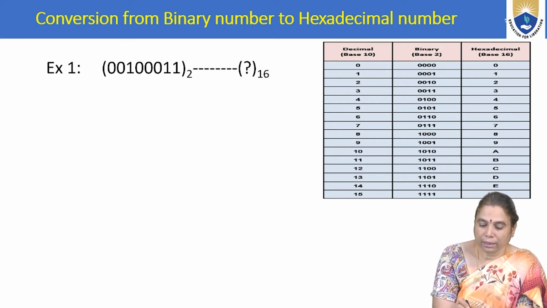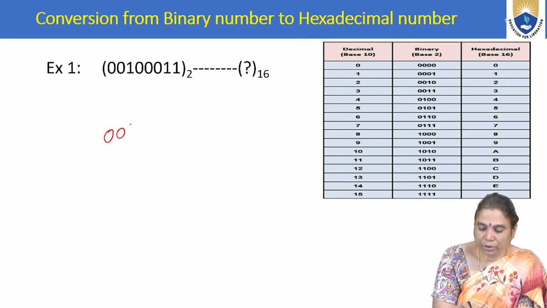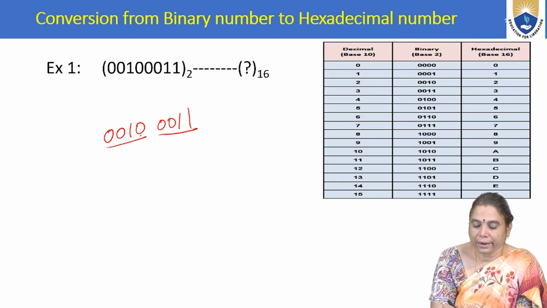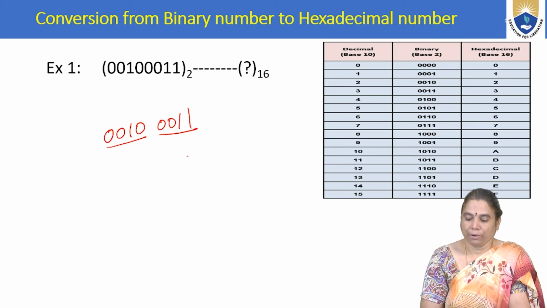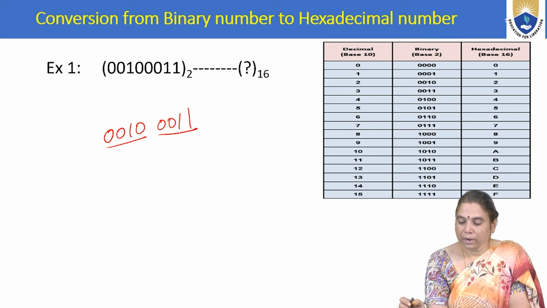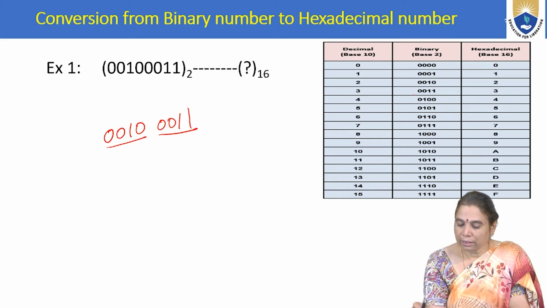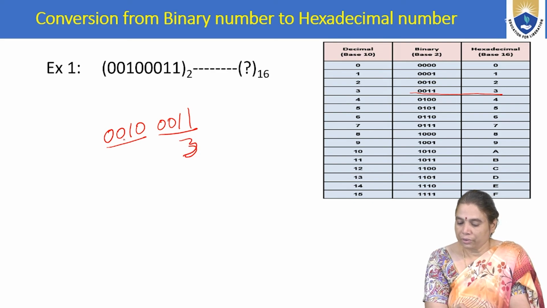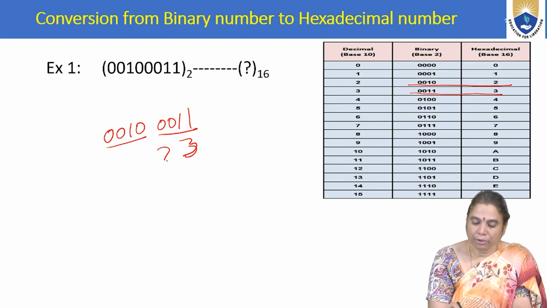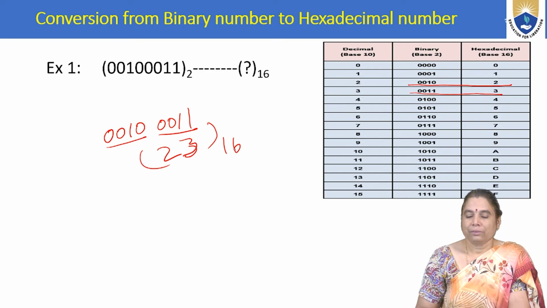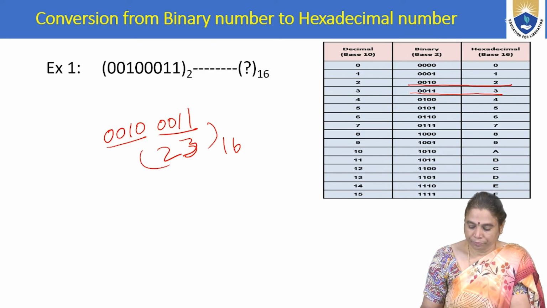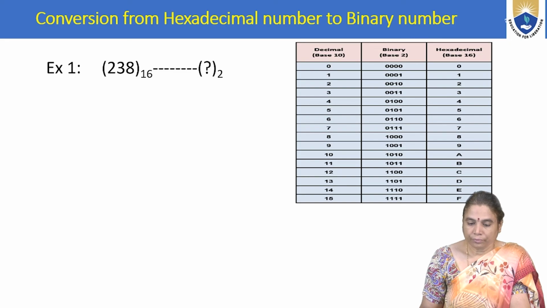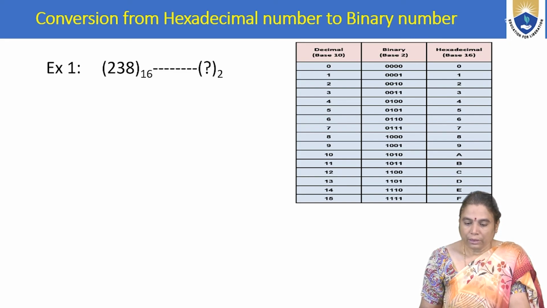So if you take here the problem 00100011, group 4 bits and write the equivalent hexadecimal value. If you look into this chart, 0011 is the 3 value. So this is the 3 value. And 0010 is the 2 value. So this is the hexadecimal 23 value. So in this way,